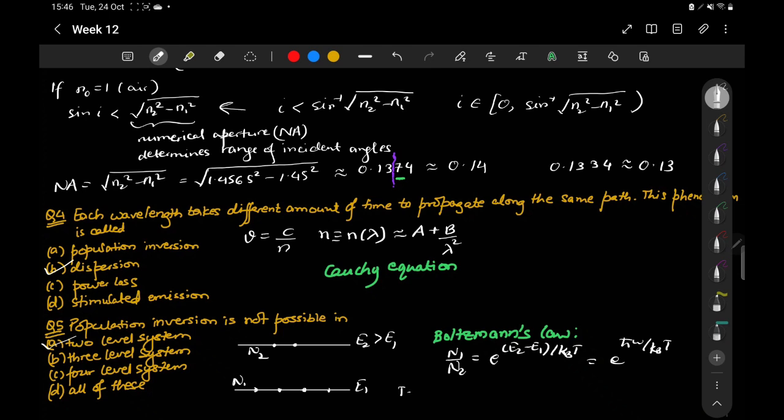So if temperature is very small, then we see that N1 is very large, and if we increase the temperature slowly, then we see that N2 slowly increases in comparison to N1, and N1 decreases in comparison to N2, and we reach the case where N1 is nearly equal to N2, but